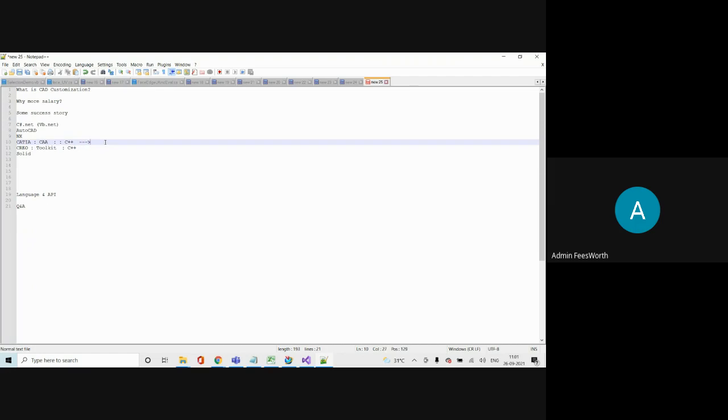But that doesn't mean you really have to wait for 1 year. There are some people who get jobs immediately. It depends on how much you practice and how well you speak in the interview. Suppose you have just 2-3 years of experience, not 5 or 10 years, then it doesn't matter. You can learn anything. Preferably, you can learn NX because there are more vacancies. AutoCAD also has more vacancies. SolidWorks, yes, somewhat. Inventor, yes.